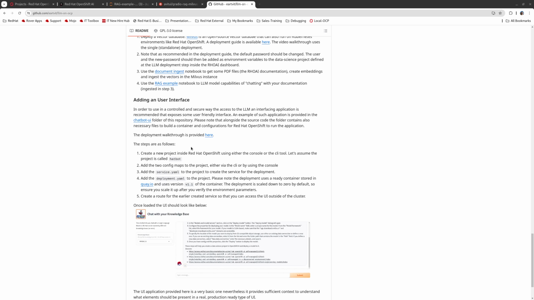So now that we have seen how to actually chat with the application using Jupyter Notebook, it is time to add a UI application that is a better way to interact with the large language model. A sample application on how to create a UI interface for the large language model is available in the chatbot UI folder. The deployment walkthrough, the one I'm talking to, is obviously provided here, but in general the steps